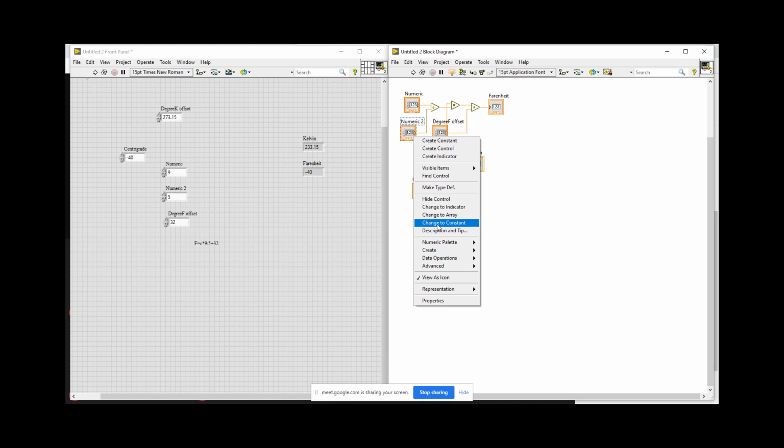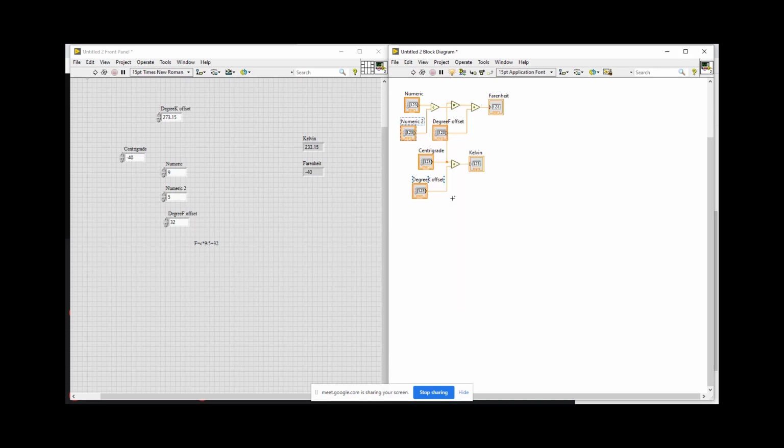And whenever you press change to constant, just see that this degree K offset, where is degree K offset? This degree K offset is going to disappear from here, because that is going to become a constant, and we are not going to change it, so we don't need it on the front panel.